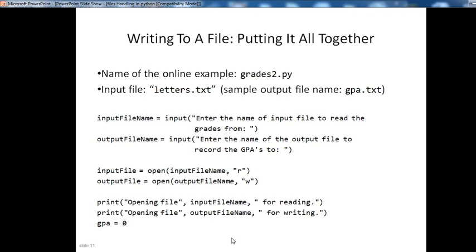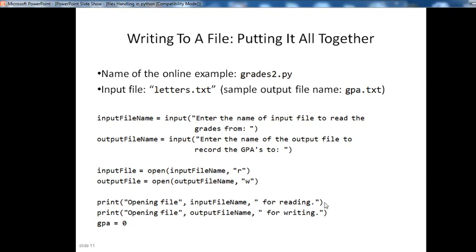See the example of all that in one sheet, putting it all together, just like reading, just like writing to files. The name of the online example is grade2.py, with input file letter.txt and sample output gpa.txt. Input file name is first: input("Enter the name of the input file to read grades from"), output file name: input("Enter the name of the output file").